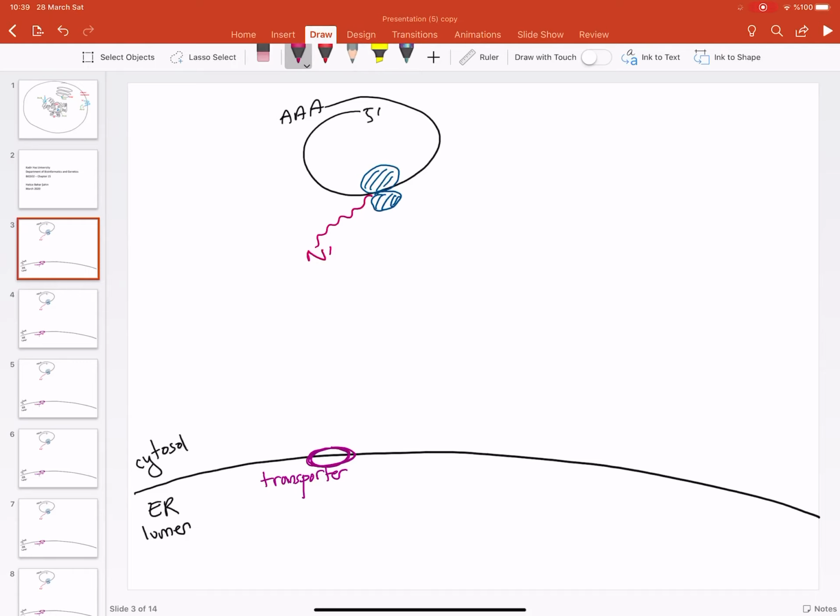We know that all the translation, no matter what, whether it's going to end up in the plasma membrane or the mitochondria or the nucleus, they all start in the cytosol. So cytosolic translation is the default. But if it is going to go to the nucleus, for example, it's going to finish translation in the cytosol, and then it's going to be transported to the nucleus via the nuclear import receptor. If it is going to be transported to mitochondria, it is going to be taken to mitochondria through transporters. But if it is going to enter into the endomembrane system,